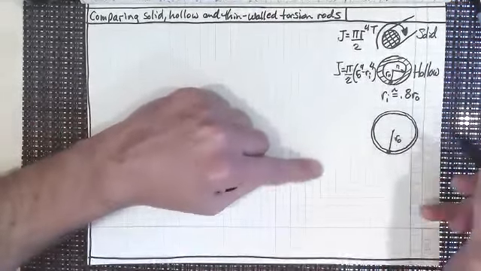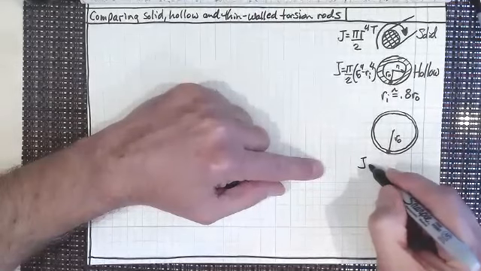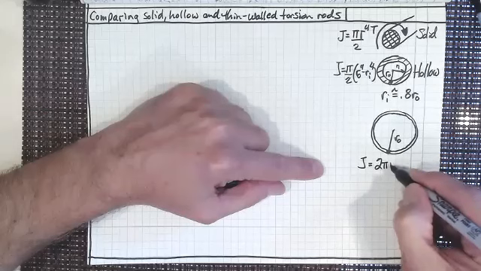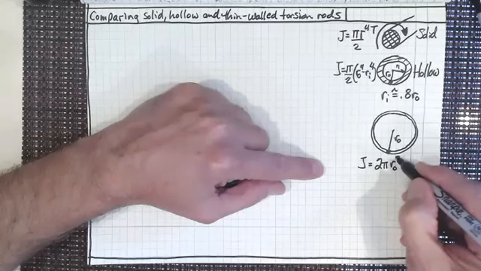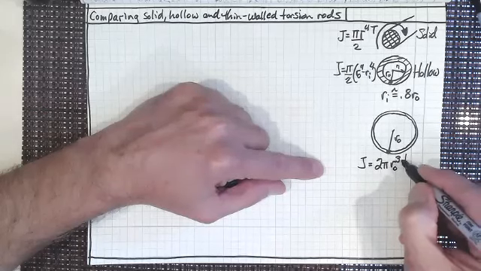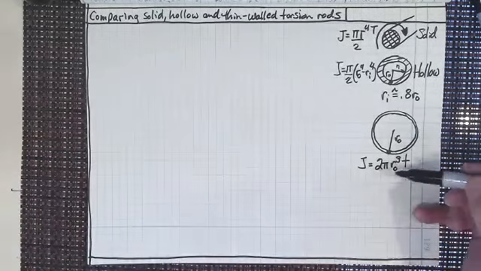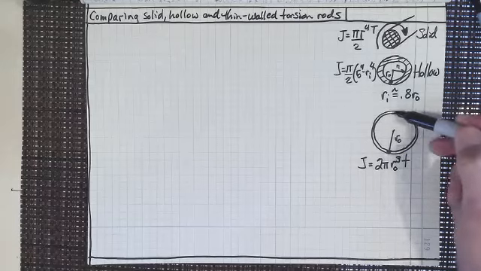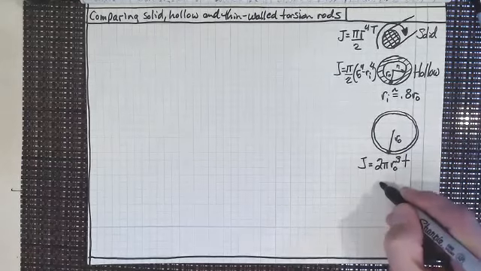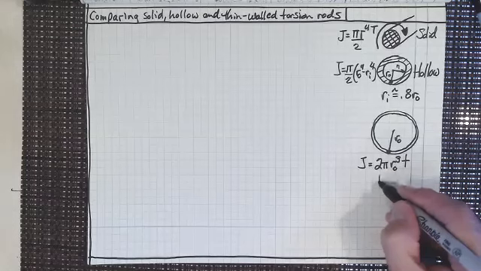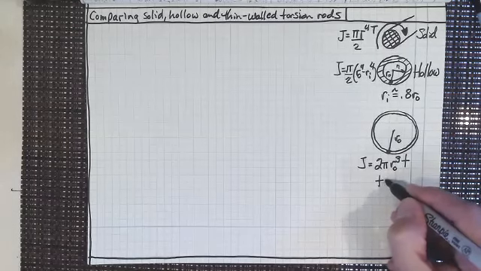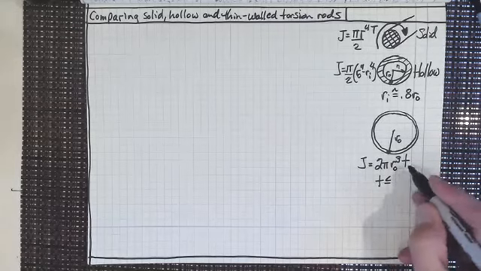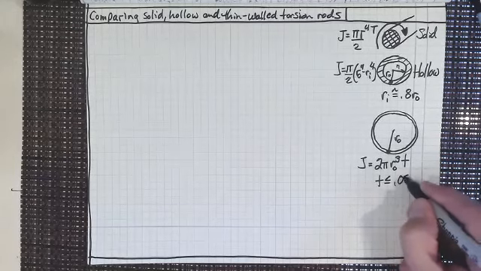I don't really have any room on the side there, so I'll just put it underneath. We also have J for a thin walled tube, which is 2 pi R outer cubed times T. Basically what we're saying is we're putting all of the area out here. And when we talk about a thin walled tube, we usually are thinking that T is less than or equal to about 5%